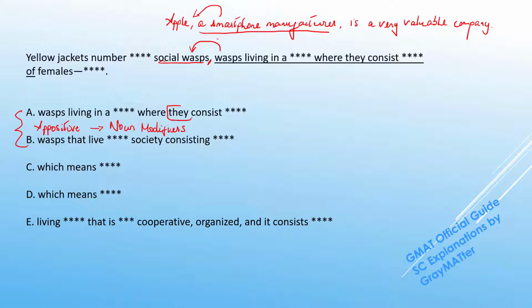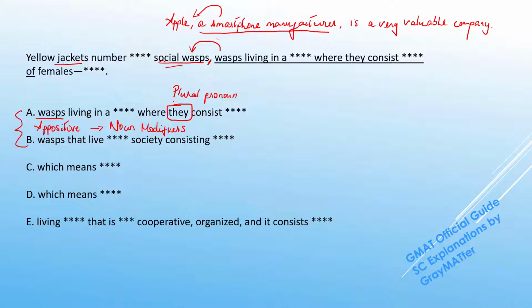It says where they consist of. They is a plural pronoun. And obviously, this plural pronoun needs a logical plural antecedent, a plural noun that it properly refers to. If we check the sentence, we have these wasps, we have these social wasps, we have yellow jackets, we have plenty of plural nouns, but I wouldn't want to eliminate this on the basis of pronoun ambiguity. I'd rather say that whatever noun you substitute in this pronoun's place, this makes absolutely no sense.